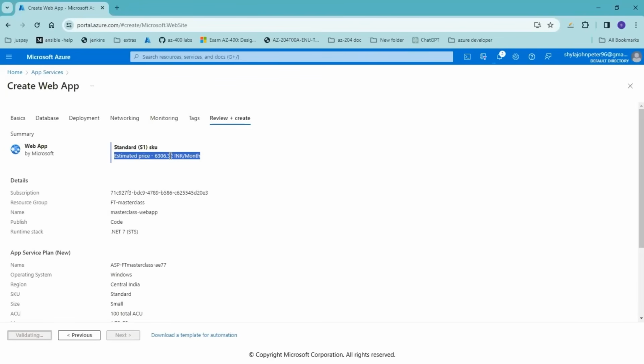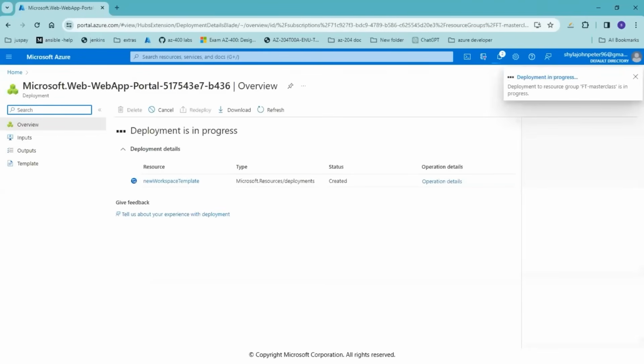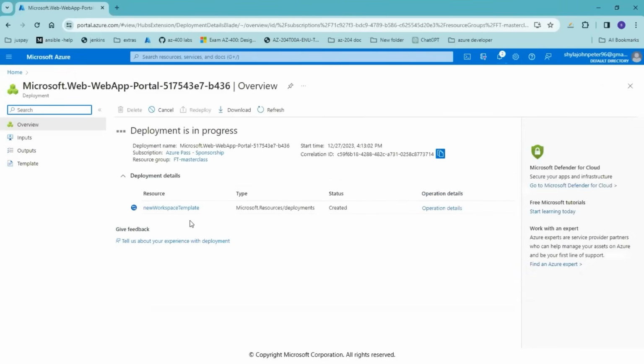It can vary, go up or down, based upon the requirement or utilization. So I have triggered the web app creation deployment. This might take some time, so let this be happening. Meanwhile, we'll move on to slides and then come back here.